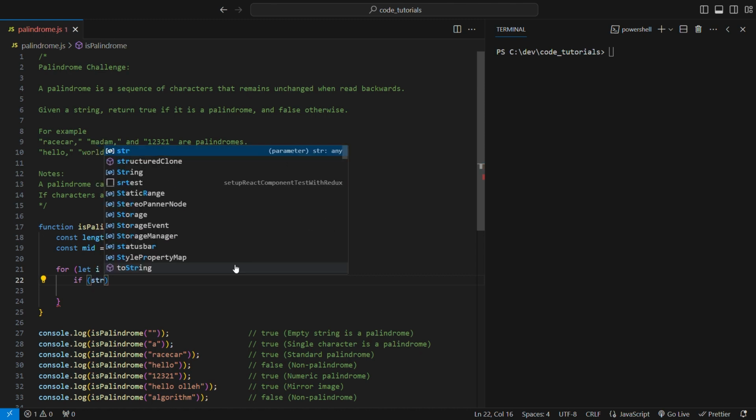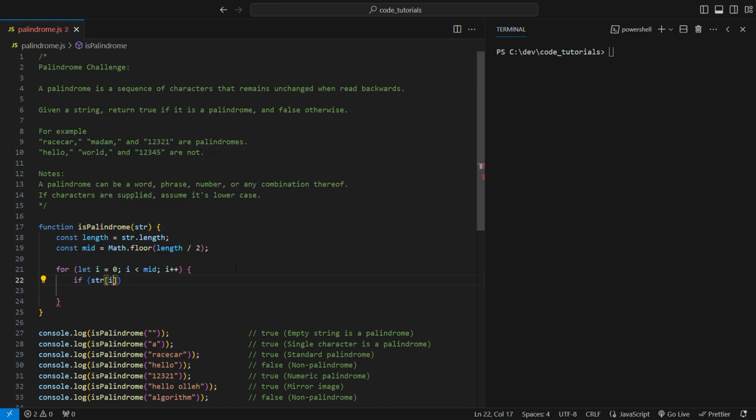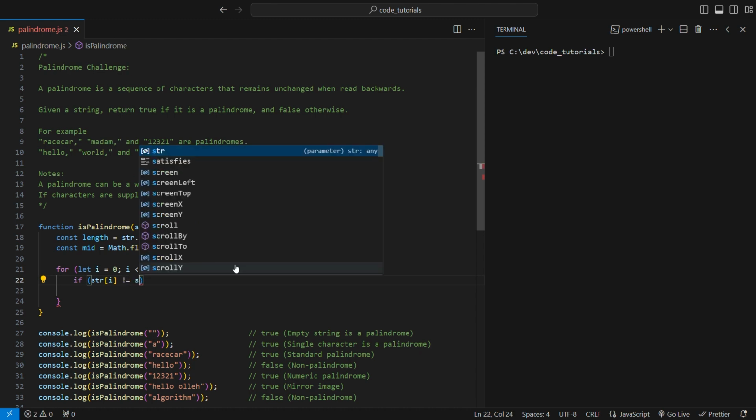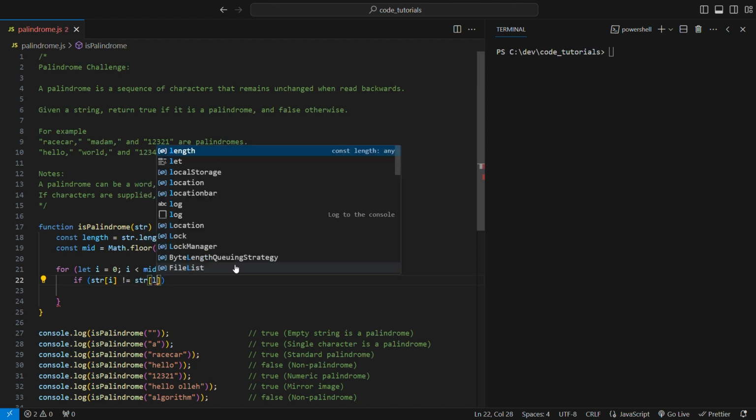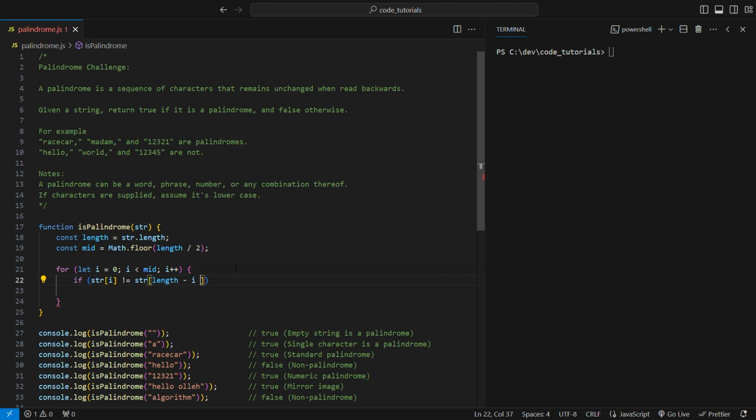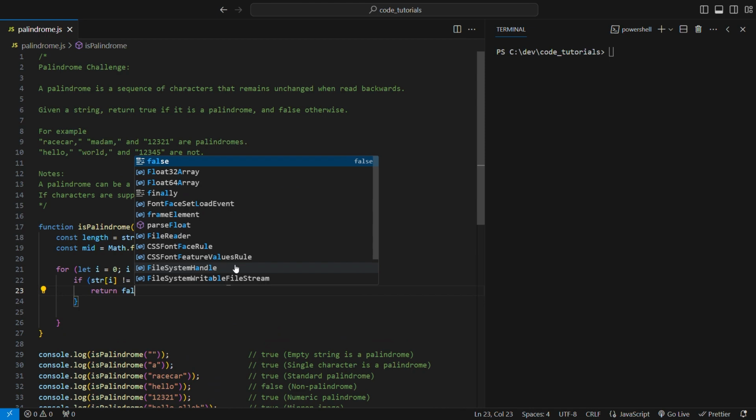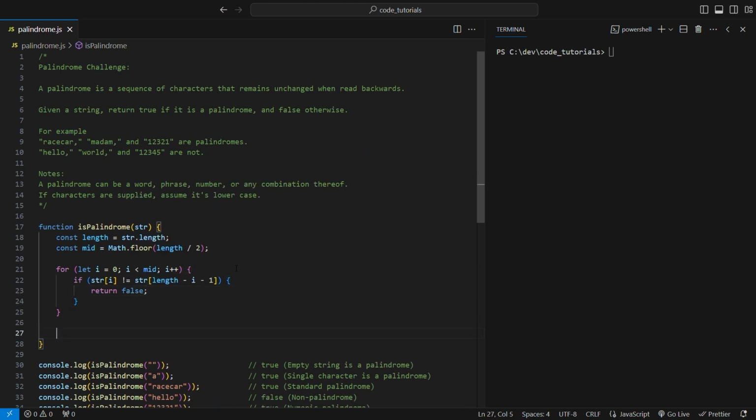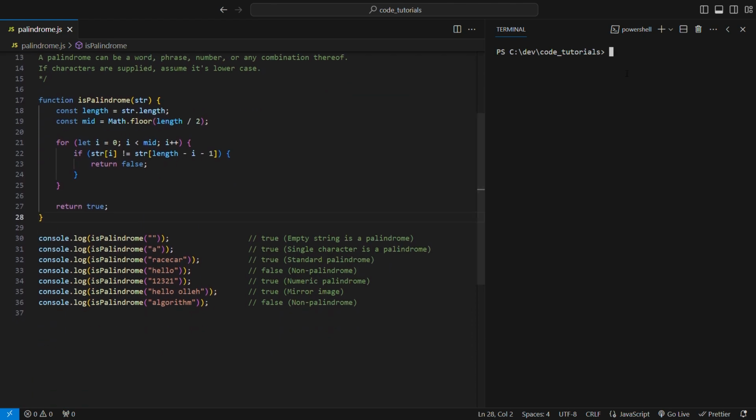If the character at the start doesn't equal the character at the end, then we return false as it's not a palindrome. And we can use our formula of length minus 1 minus i to determine the end index based on the start index. And we return true here if everything matches. Let's give this a test. And everything looks correct. The time complexity of this also remains as big O of n, where n is the length